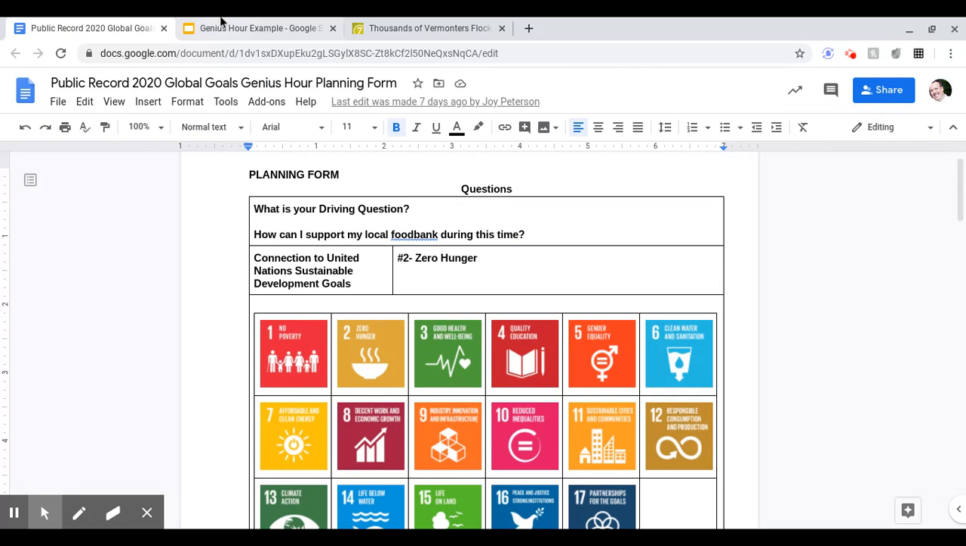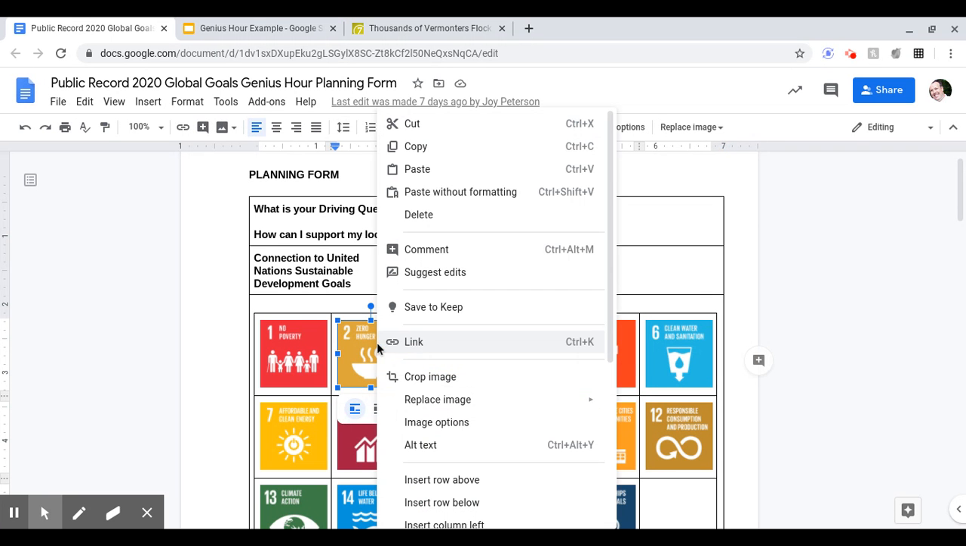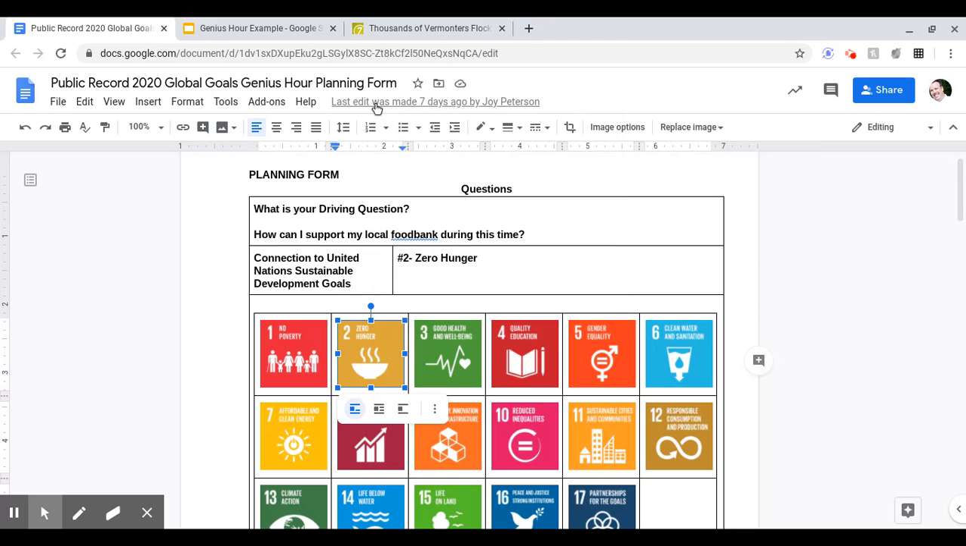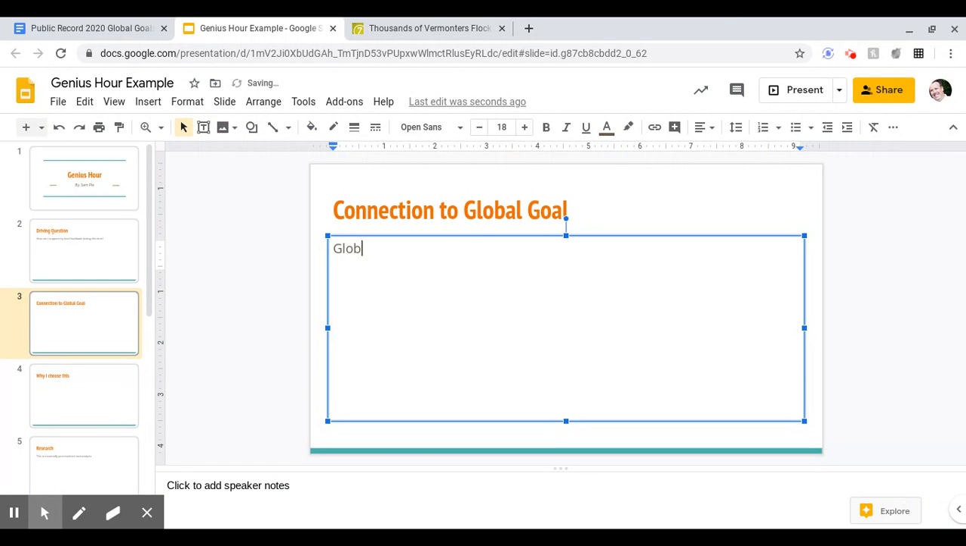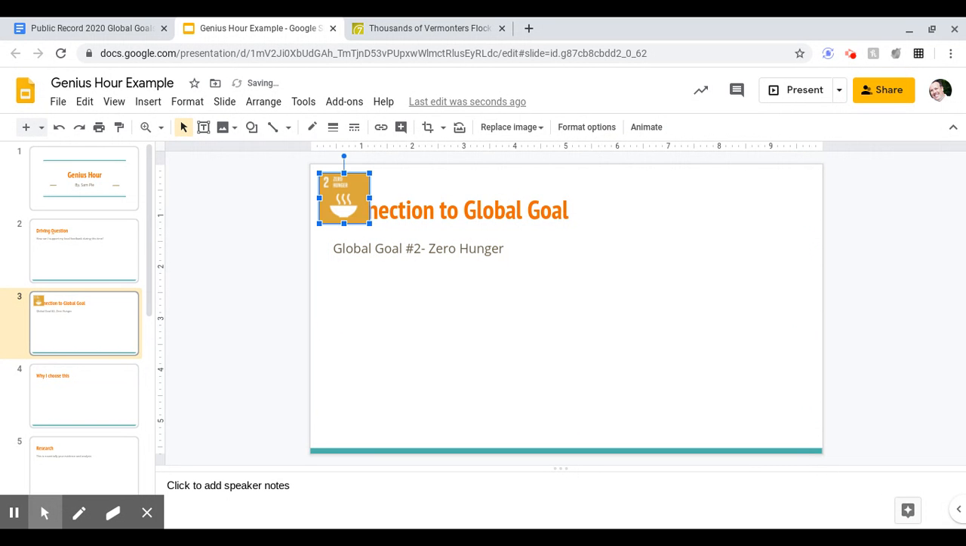Connection to the global goal. Well, I've got that here. That's global goal 2, zero hunger. I might even try to copy this little thing and put this in here. So I'm going to put global goal number 2, zero hunger. And then I'm going to press Control V, paste this in,